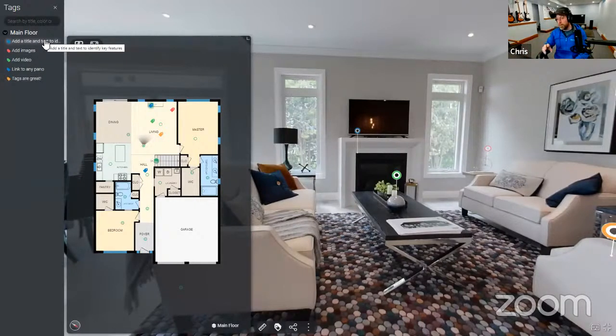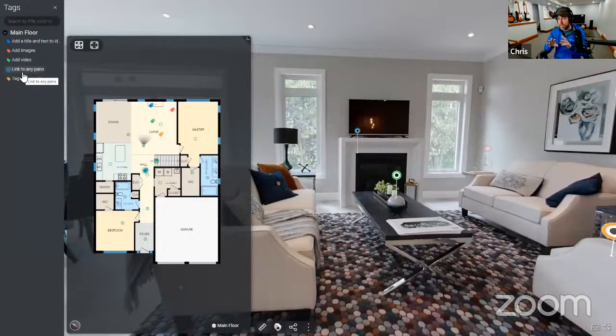Some people like an off the rails type of experience where they go wherever they want and look at whatever they like. And that's great. I do that myself. Other people don't want that. They want something a little more curated, and they want to be told what's important in the property. This gives you a big list of things that are important in the property. From the perspective of a real estate marketer, this is amazing because I can say, here are the 5 things I want you to look at. I want you to check out the granite countertops, this fireplace, this amazing renovated bathroom, and this master bedroom built-in bookshelf or something.